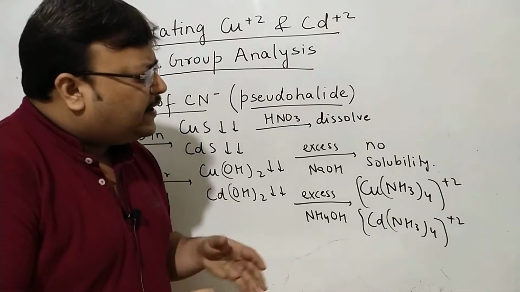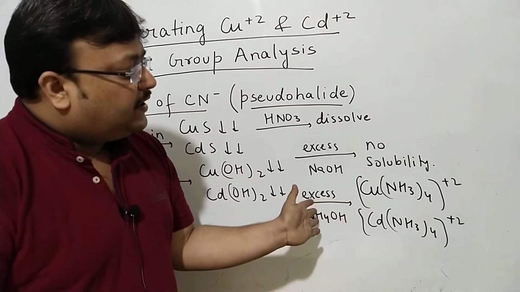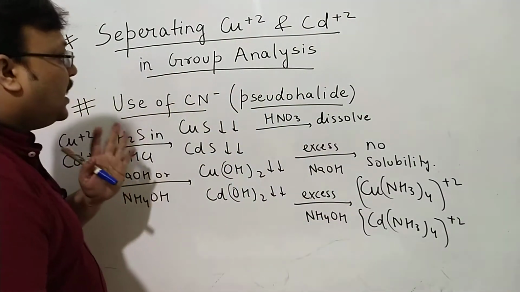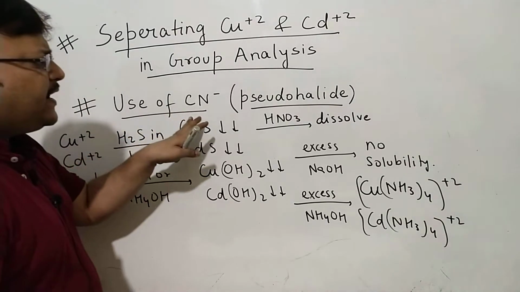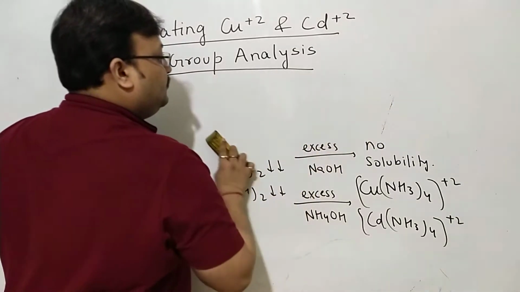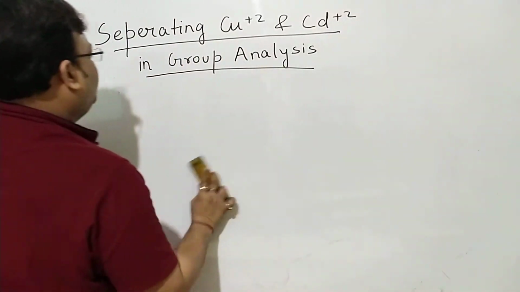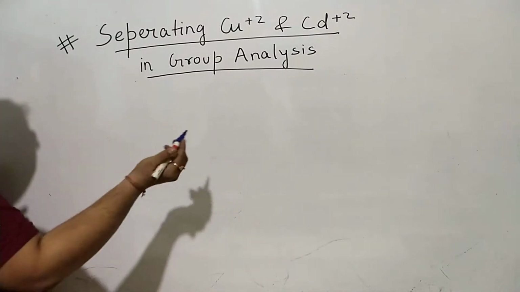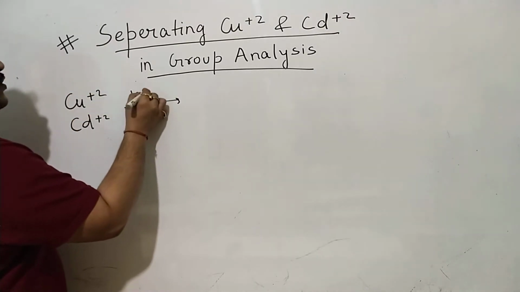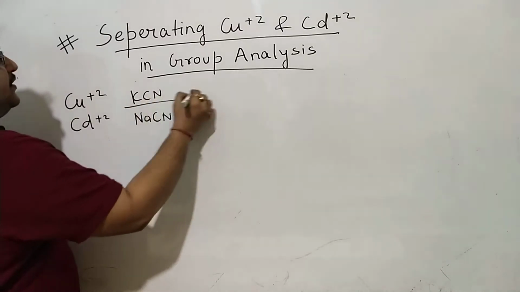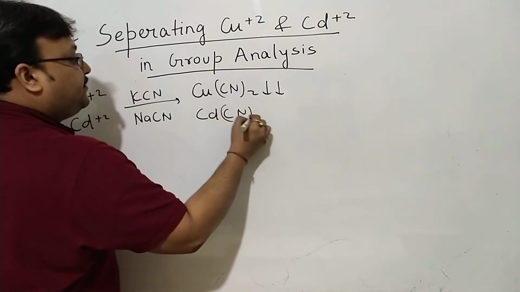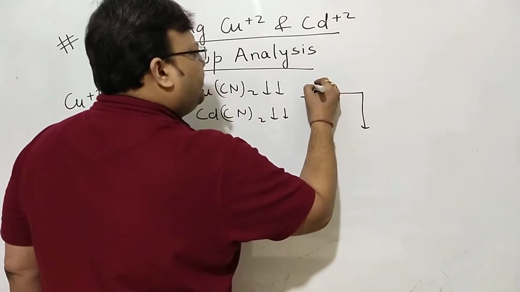We only rely upon the two different colors to identify whether it's copper or cadmium. One way of separating the two happens to be the following. We'll be using cyanide, and we'll be learning about pseudohalide a little bit. This is what we do. We add excess of KCN, or NaCN. If you add excess of KCN or NaCN, which is their cyanide, both precipitate as cyanides, and in excess of KCN,